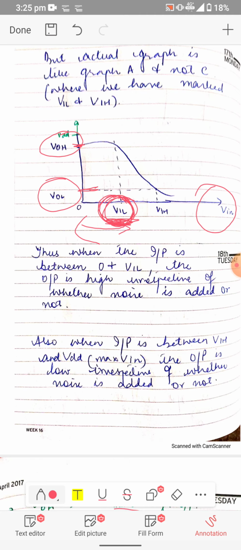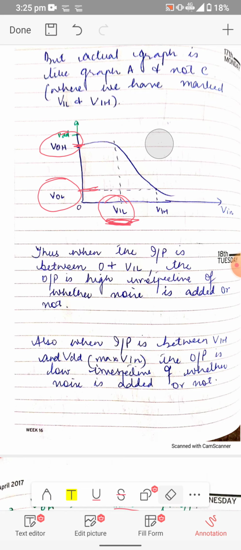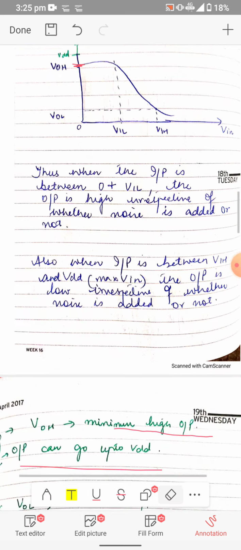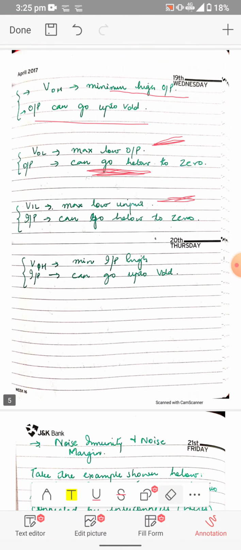Okay, then what is VIH? VIH is the minimum value of the input that is considered to be high. If your input goes beyond VIH, then it is considered to be logic 1. So what is the minimum value for high level input? That is VIH. Okay, now this is what I have written in these